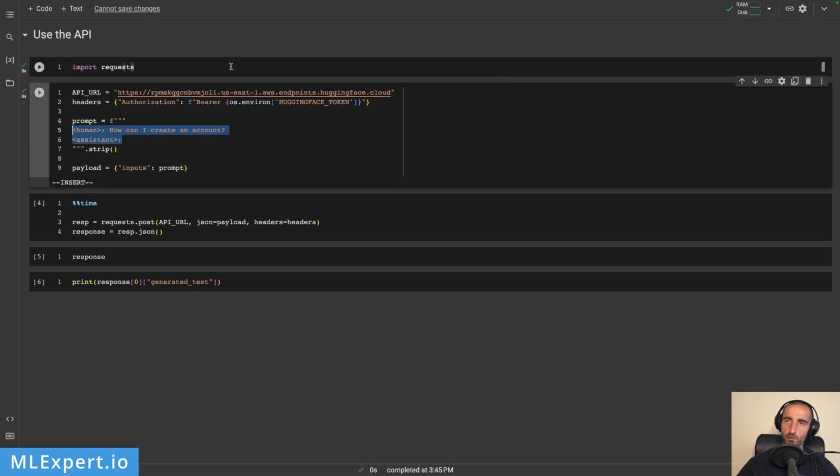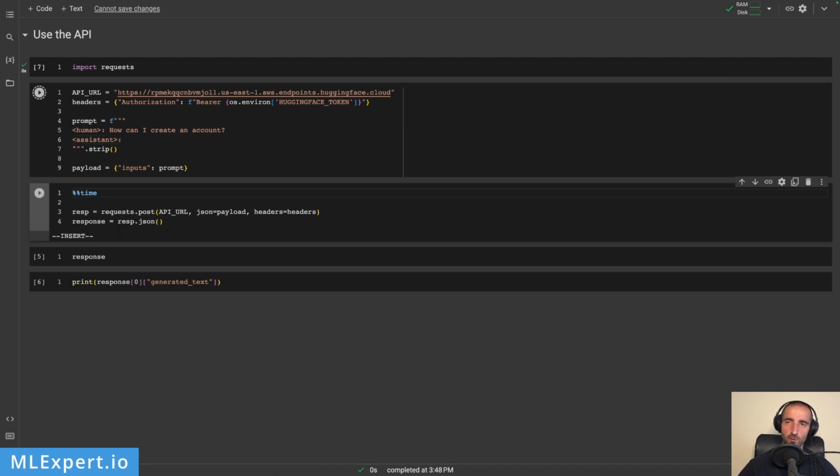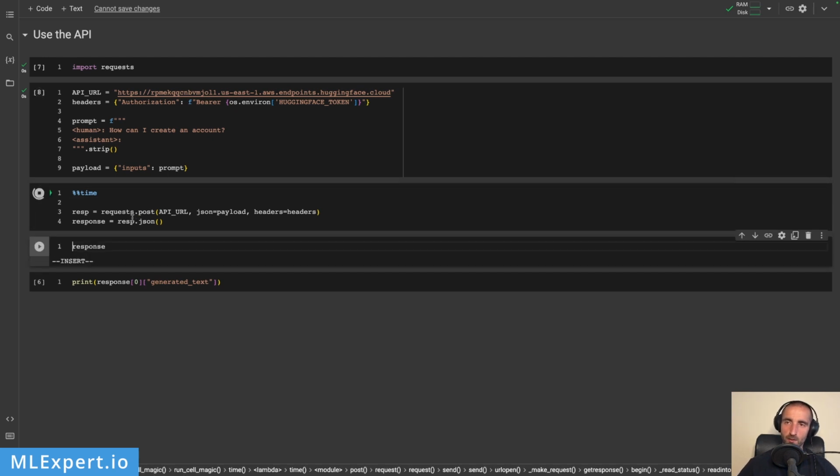So let's see how you can call this model. I'm going to import the requests library, and I'm going to pass in the URL that is the same as the inference endpoint. And then I'm passing in an authorization token, which is my HuggingFace token. And here I'm passing in the prompt. So this is the payload that we are going to send. And if I post this request to the URL with the payload and then the correct headers for the authorization,